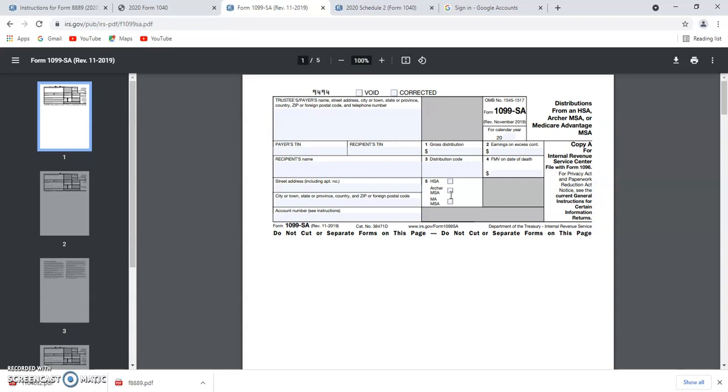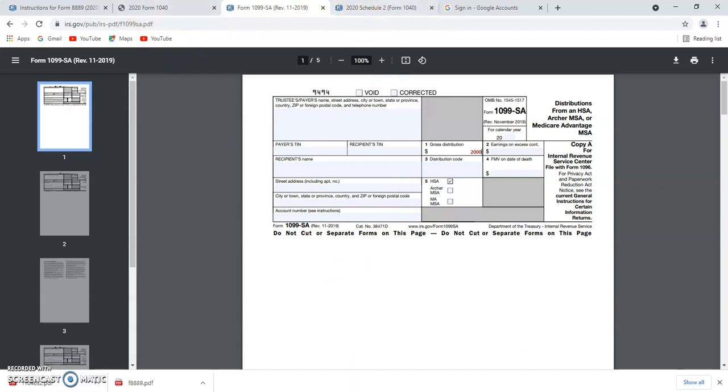These distributions may have been paid directly to a medical service provider or to the account holder. So here the box is ticked, and suppose the amount is given as $2,000, so you can get the amount of gross distribution for HSA for the 2020 tax year in form 1099-SA.